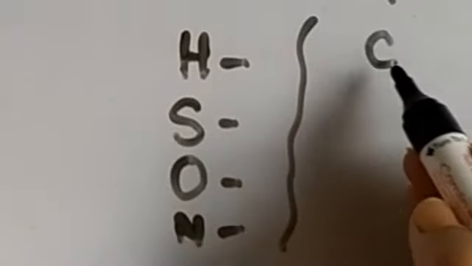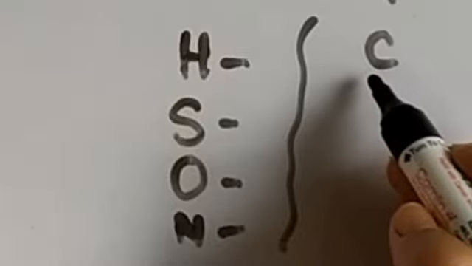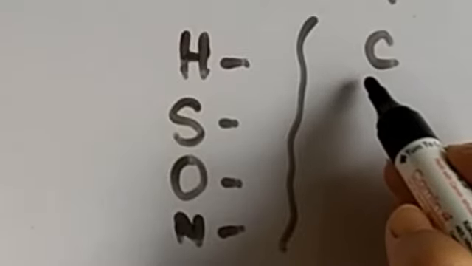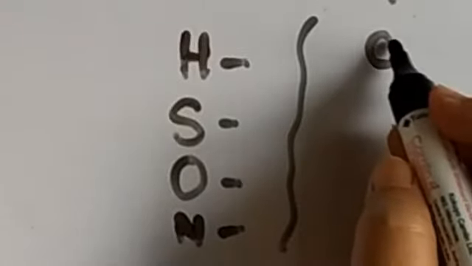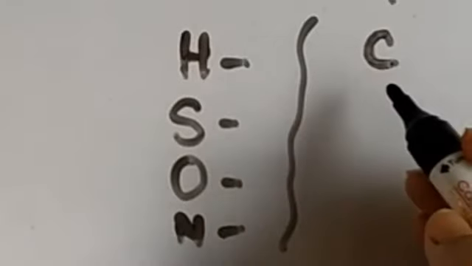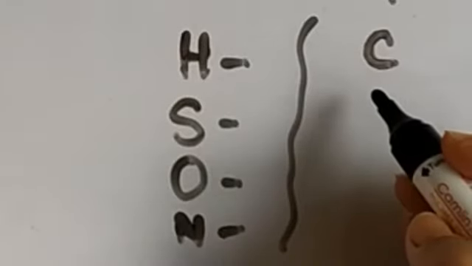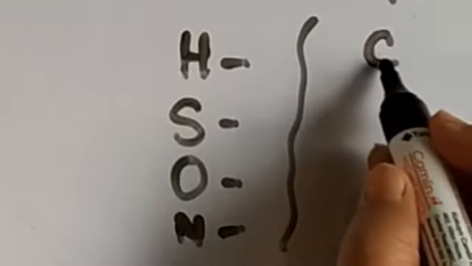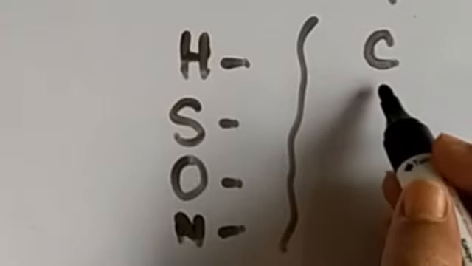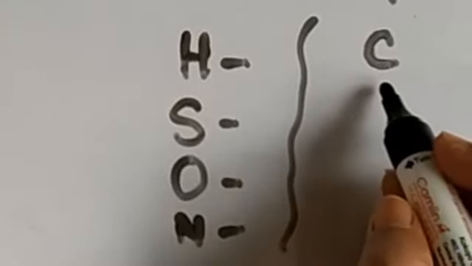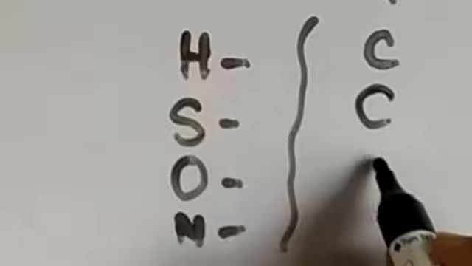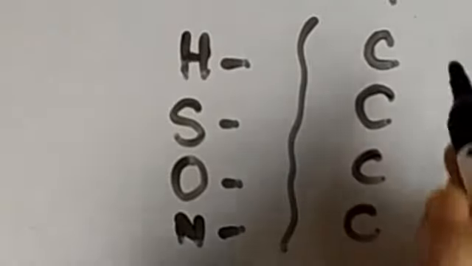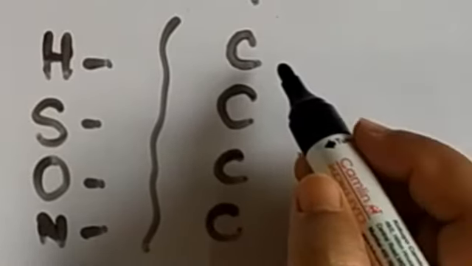Now let us see. If the first letter becomes similar in certain elements, then how will you understand which element I am talking about? Suppose if I write C, then you cannot understand if I am talking about calcium or carbon or copper or cobalt. Then how will you understand? If I write so many C's like this, then you will not be able to understand the name of the element.